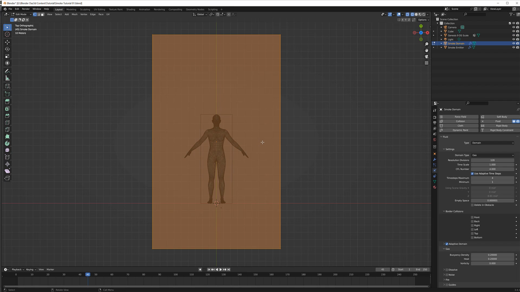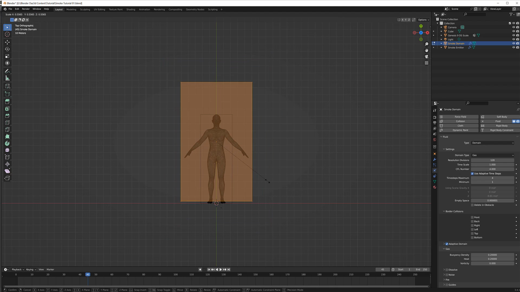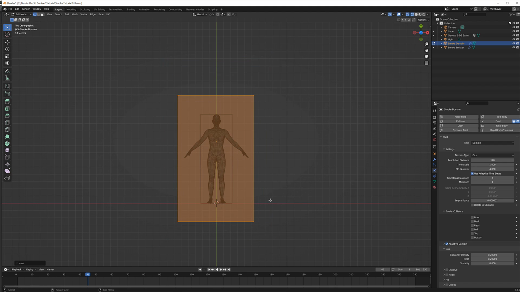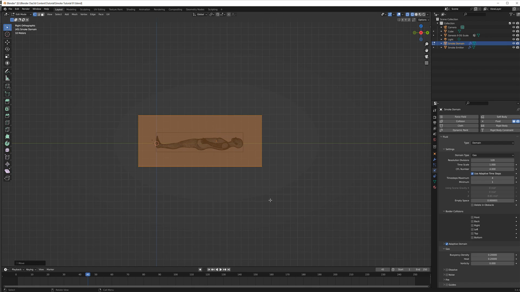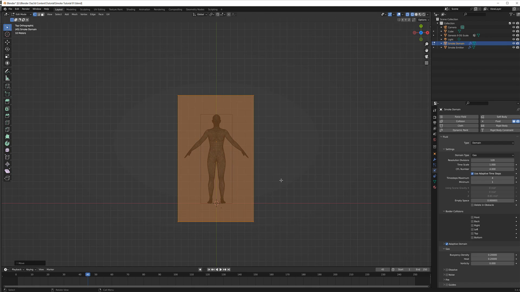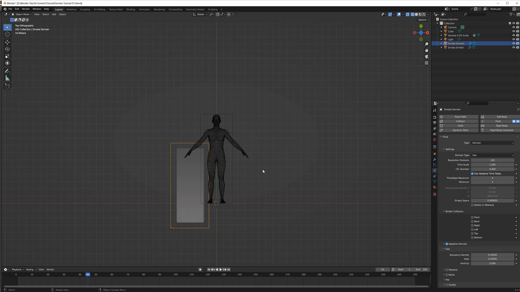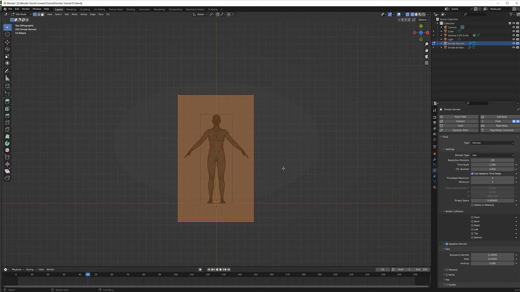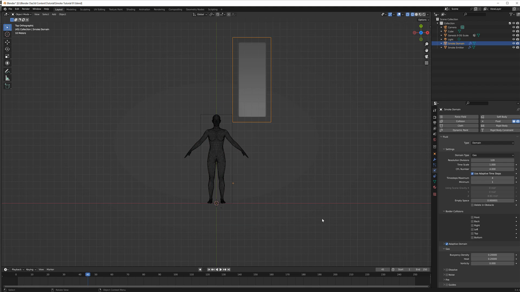The domain, if I hit Tab from object mode, you can see that's what its position is, so I can scale it down and move it around as well. When I hit Tab back into object mode here, it looks like it's in the wrong place, so I'm going to hit all transforms after I hit Control A there. It's still in the wrong place, but part of the reason is because it's still preserving old frames from the animation. So I'm going to go over here and hit 0 on the timeline in this little box on the